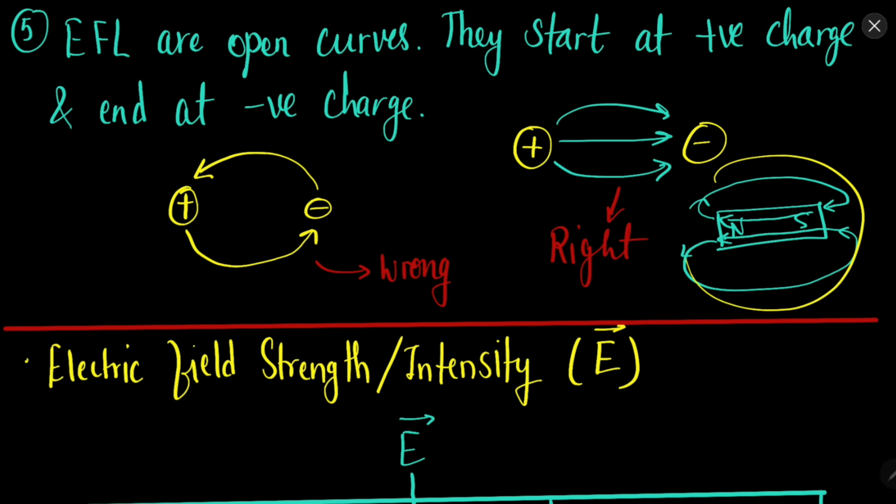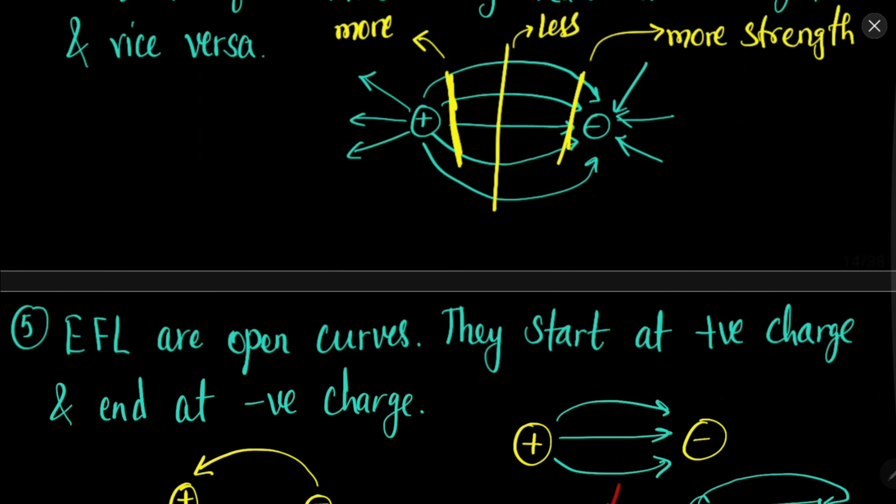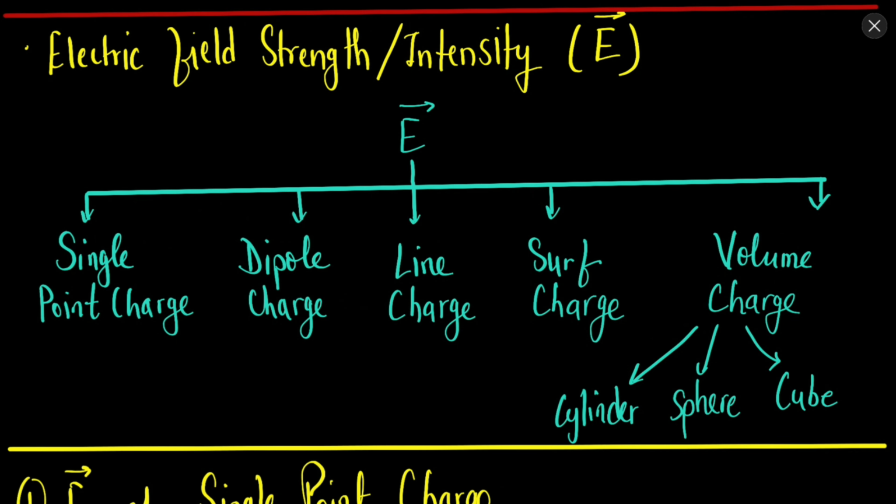Whereas if you study magnetism, you will see that the magnetic field lines are closed curves, because outside they go from north to south, and inside they go from south to north, so they make a complete circle. So magnetic field lines are actually closed curves. That will come when we discuss magnetic fields. So ultimately, the electric field is the invisible region in which the influence of one charge can be felt by another charge, and electric field lines are the way to represent invisible electric fields.